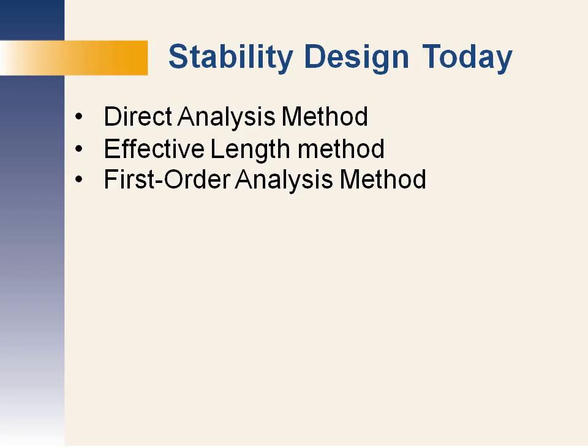In 2005, it was permitted to use any approach that satisfied the 5 things. You do not have to use one of the methods that's listed in Chapter C or Appendix 7 to assess the stability of your structure, but we do provide the methods that are shown here. We didn't want to leave you on your own in all respects. So 3 prescriptive approaches were provided: the direct analysis method, the effective length method, and the first order analysis method.